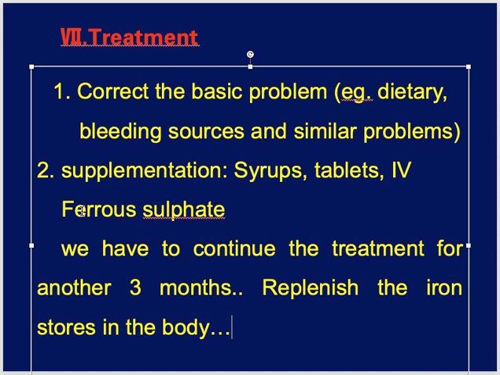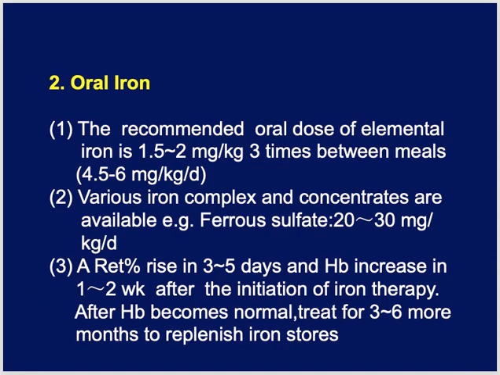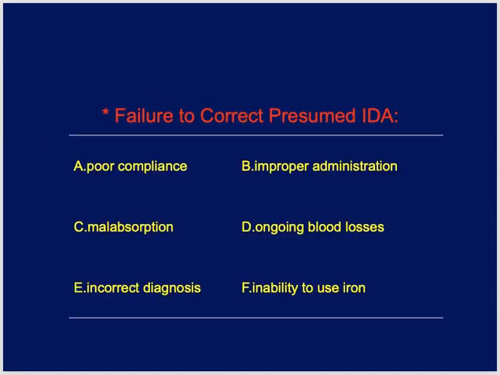Okay, and of course, you don't have to remember the values, like how much iron should be given. But the dose of iron which we give them is 325 milligram of ferrous sulfate 4 times a day, or 3 times a day can be given as well. Okay, so this is how we can provide them with iron. Okay, and of course, monitoring is very important. Always tell them the side effects, always tell them that it is going to change the color of their stools. This is very important, guys.